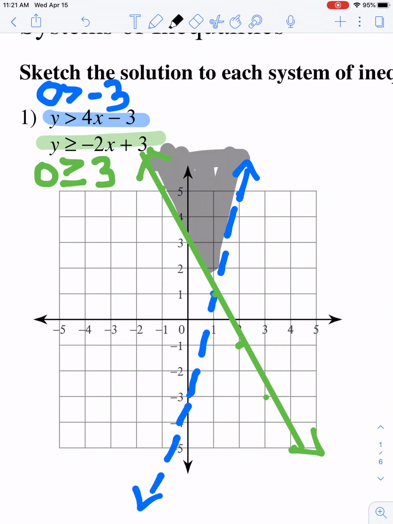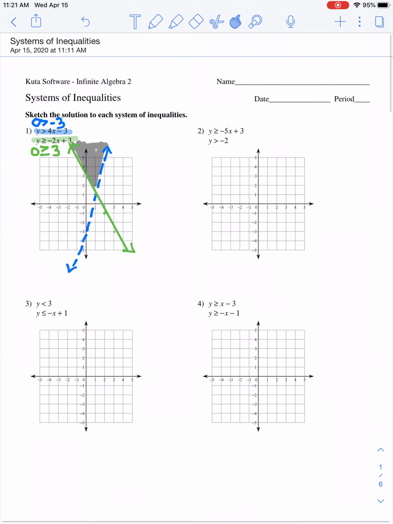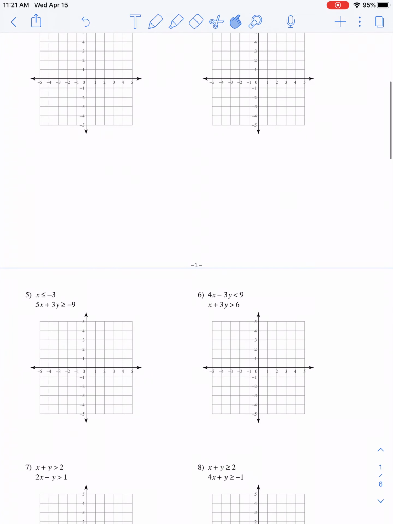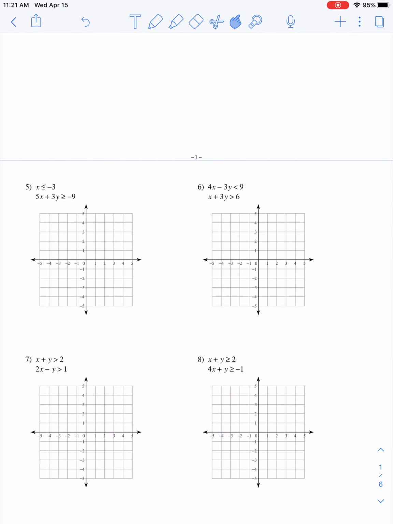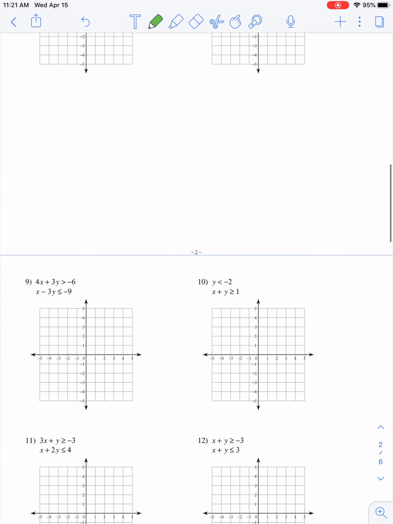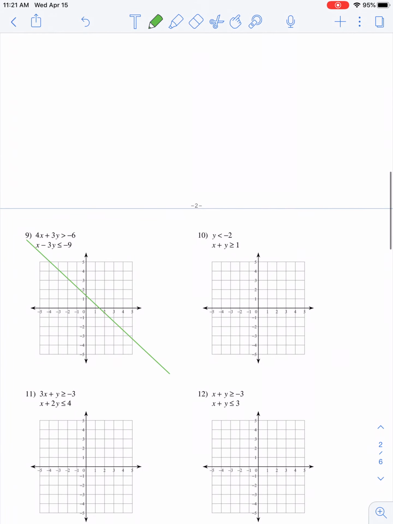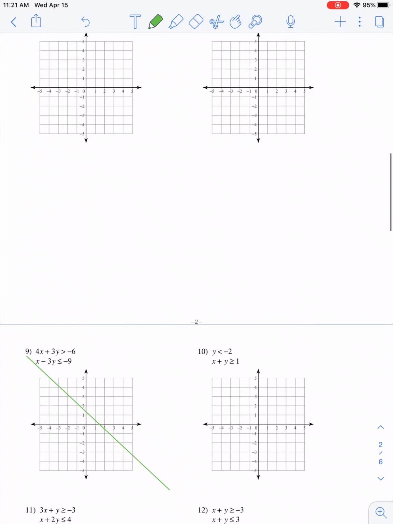Okay? Please complete the odd problems on the paper. I don't think you should have any issues with them. I'm going to scroll down here and make sure. When you get to number 5 and number 7, you are going to have to solve those first. And you can go ahead and skip the last page. So you really only have to do